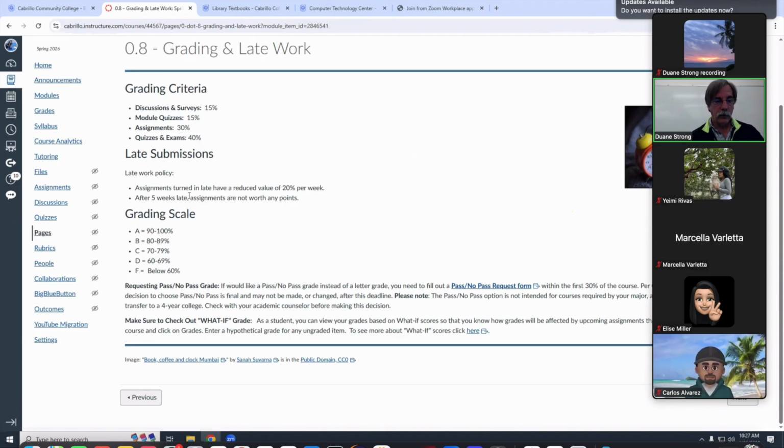So late. So officially, I'm going to tell you that assignments turned in late have a reduced value of 20% per week, and after 5 weeks late, they're not worth anything. I have not been enforcing this, and I won't enforce this unless we get into real trouble where no one's doing anything and everyone's behind. Well, there's a saying that says better late than never. Yeah, exactly. So yes, I'd rather have you do it late than not, right? And I haven't been dinging people, the reduction points. I've been giving full credit for late. That said, if you abuse that, I'm going to go back to this policy.